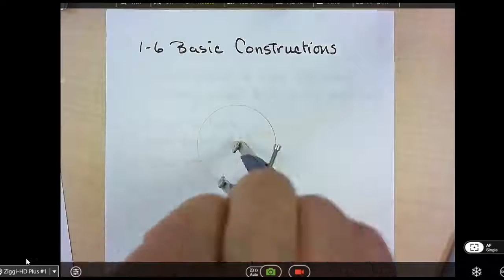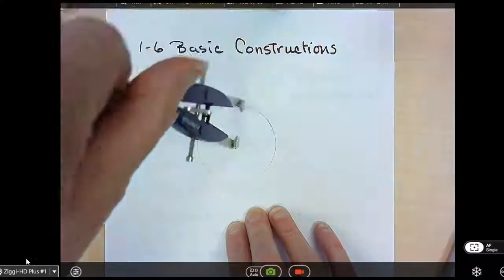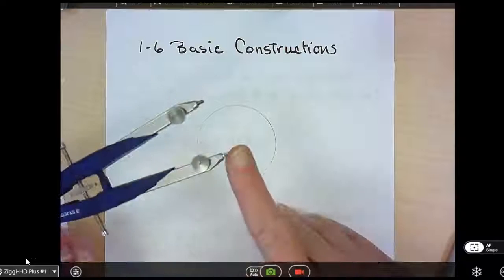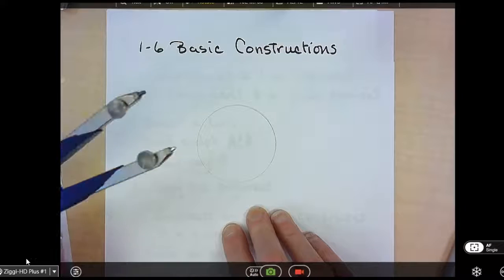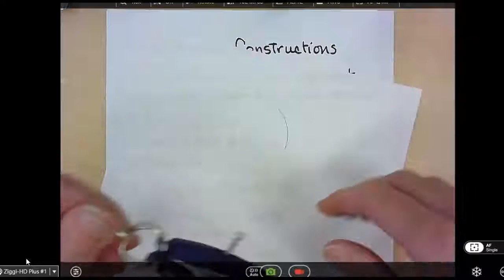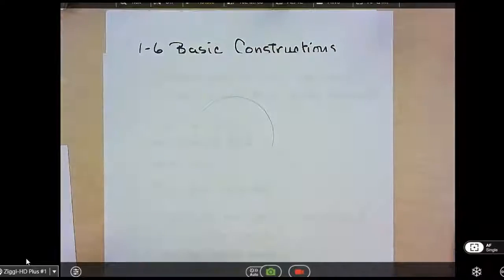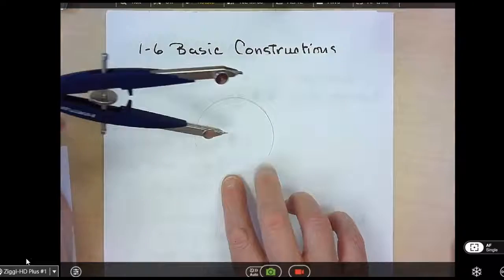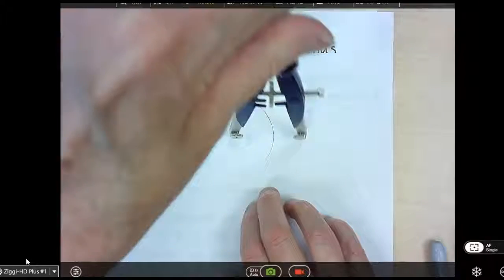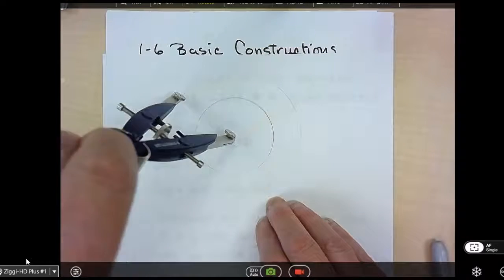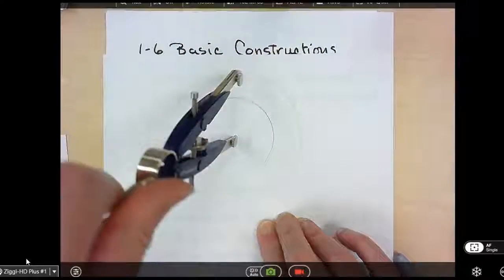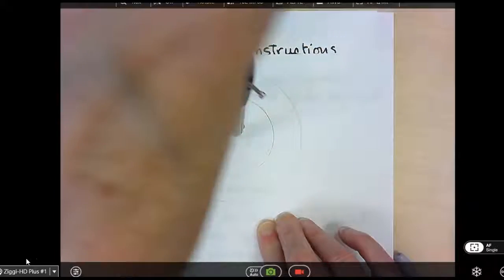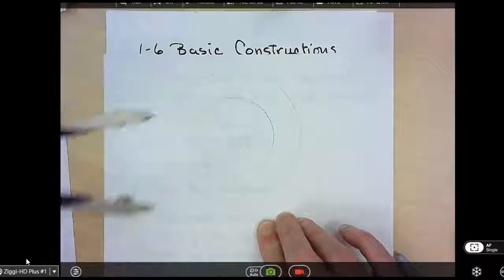of that diameter. You do want several pieces of paper under because this point can jab in and ruin the tables. If I want a larger diameter, then all I have to do is loosen it, make it go wider, and from that same point I can make a larger circle. As you're practicing, you want to be pivoting on the point. You could actually make it just go round and round. You could also practice